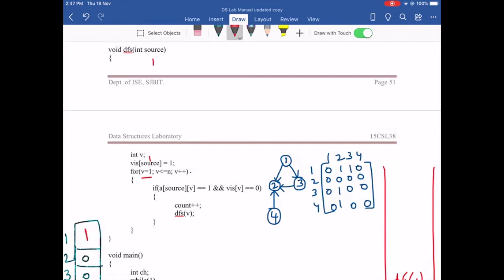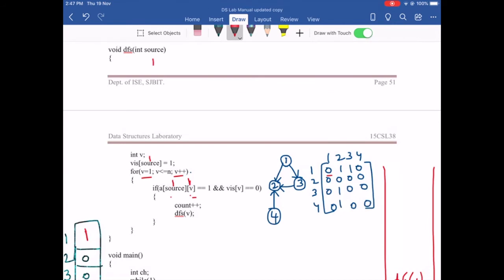From 1 we check 1 to 1, 1 to 2, 1 to 3, 1 to 4. One by one we check if you can reach all the nodes. From the source we see if there is an edge from source to v. v is again 1, so from 1 to 1 there is no edge. You can see here it is 0, so the condition fails, and you are going to increment the value of v.